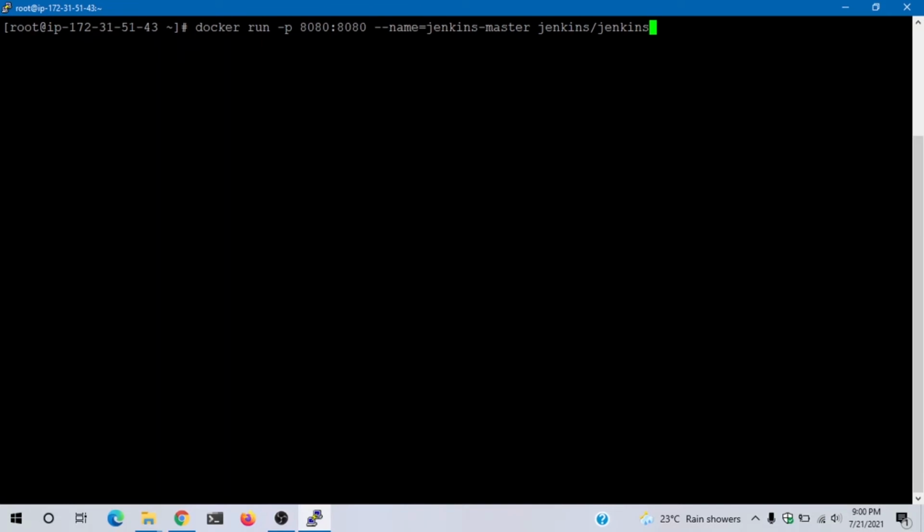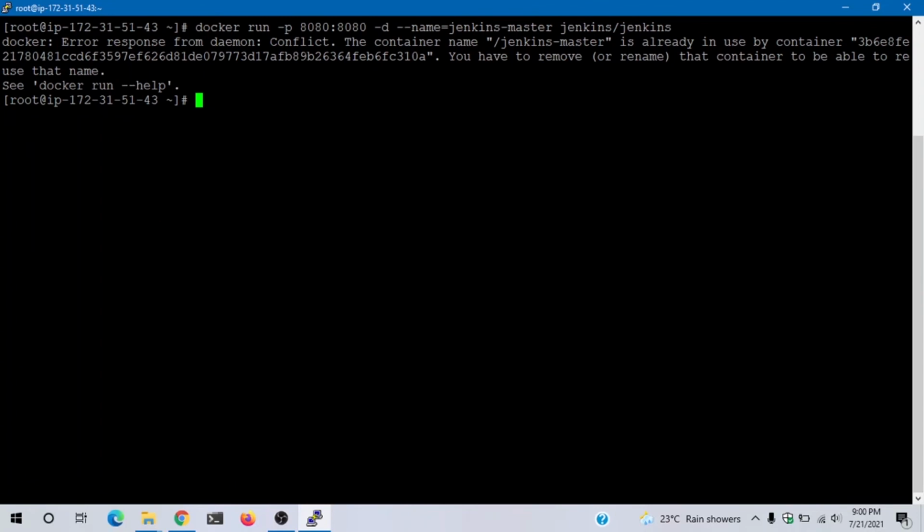So here we go, right? We have executed this command for creating the container, right? So here we can pass one more parameter as -d, right? When we execute this command, the only drawback is we cannot get the activation code, right? Because this will run in detached mode, and we will not get that activation code, right? Let's see how we can get that.